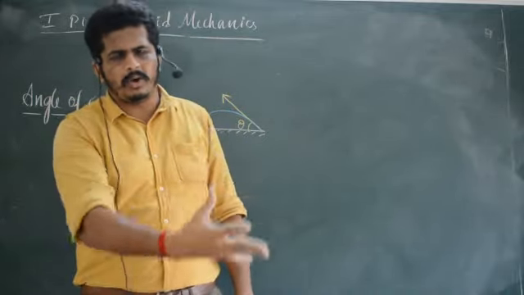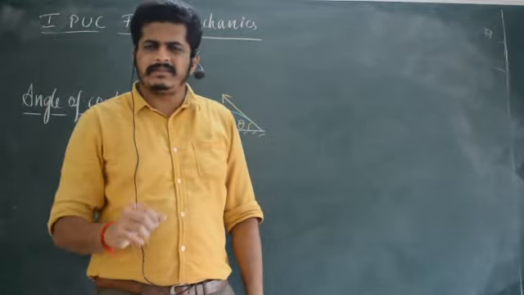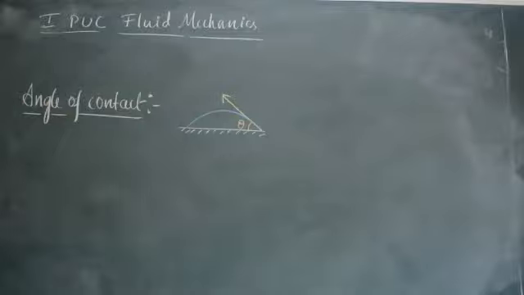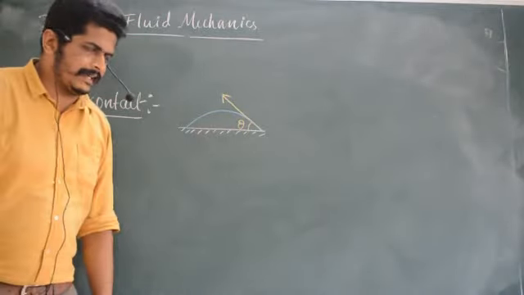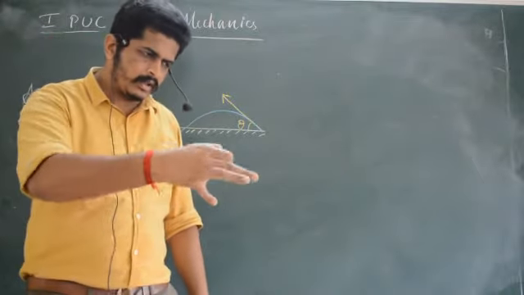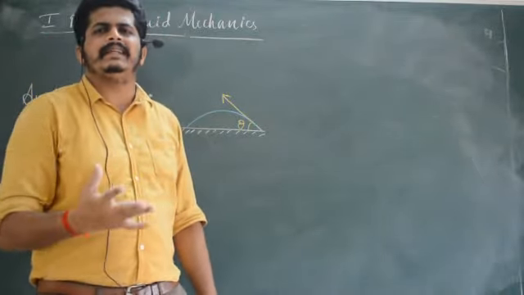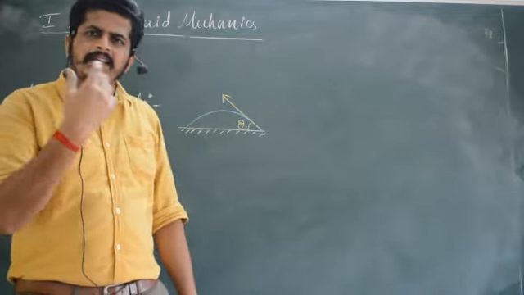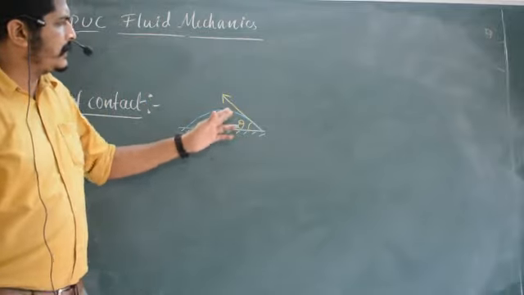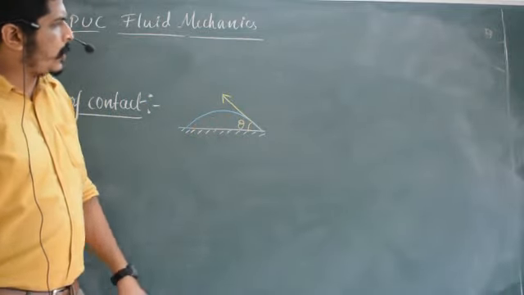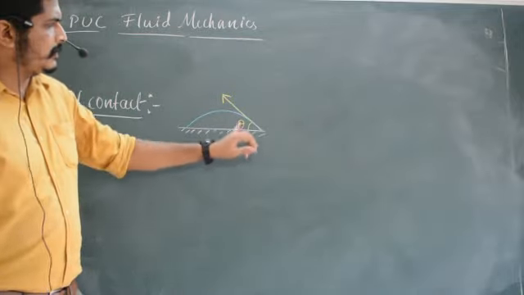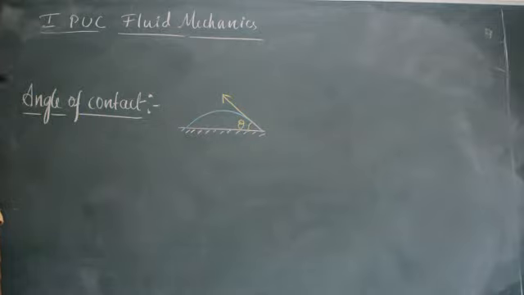Suppose you just sprinkle water on any surface, it attains some kind of slight shape, right? Yes, so like this kind of shape it is attaining. So what is the angle of contact? It is the angle made by the tangent. Where is the tangent? In all the water, tangent is there. Tangent means it is actually a line. It is actually imaginary, that means we have to assume it. So the angle made by the tangent in contact with the liquid surface. Okay. That is all about angle of contact.